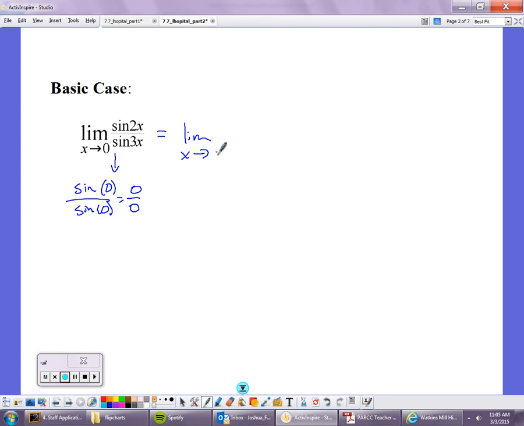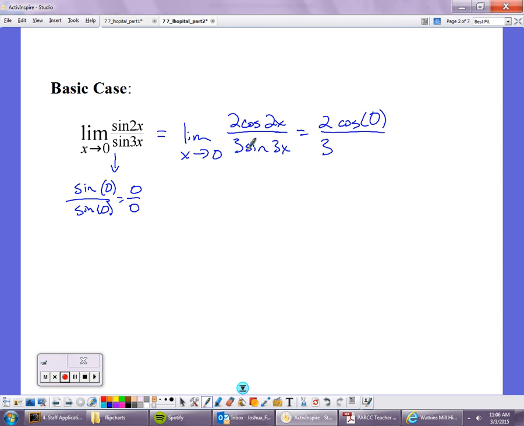So I will use L'Hopital, which means I'll take the derivative of the numerator. The derivative of sine 2x is 2 cosine 2x. The derivative of sine 3x, the denominator, is going to be 3 sine 3x. Now I check again because we saw an example last time where I used L'Hopital over and over again, but again, we have to check each time to see what happens when we try direct substitution. And in this case, when we try direct substitution, we get 2 times cosine 0 over